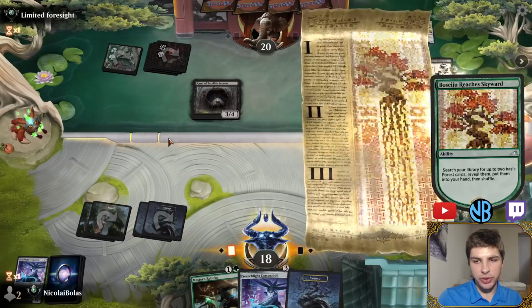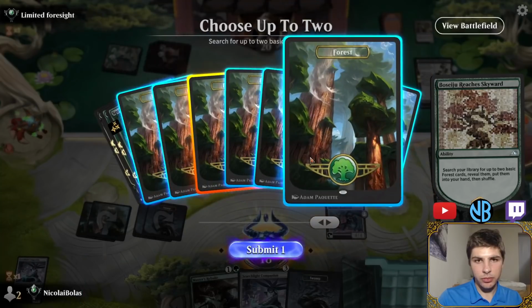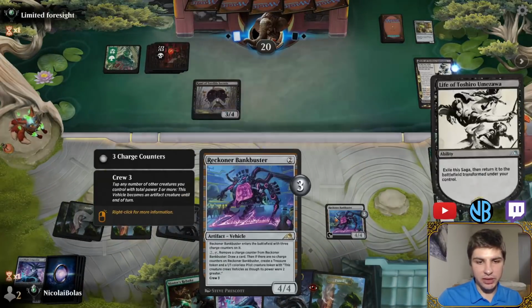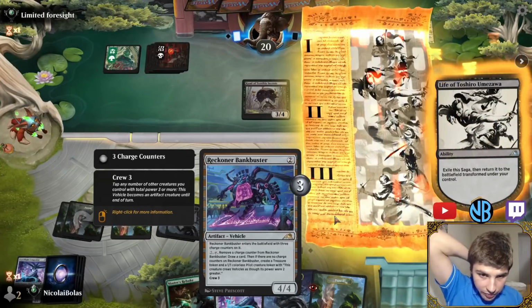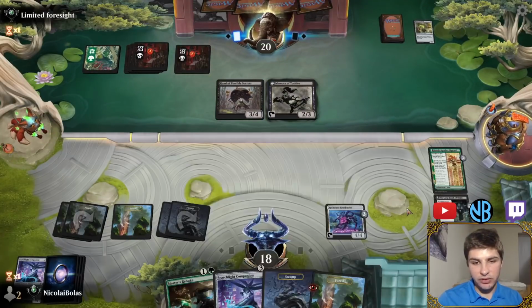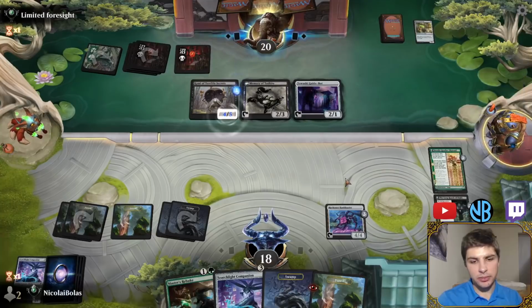We're going to play the Boseiju so we can start working towards that creature. And then we're going to start activating this Bank Buster. This is going to give us a blocker. The Tawashi guide bot. Well...